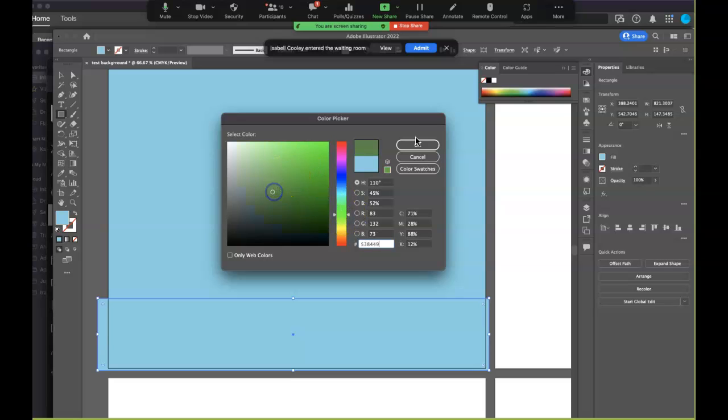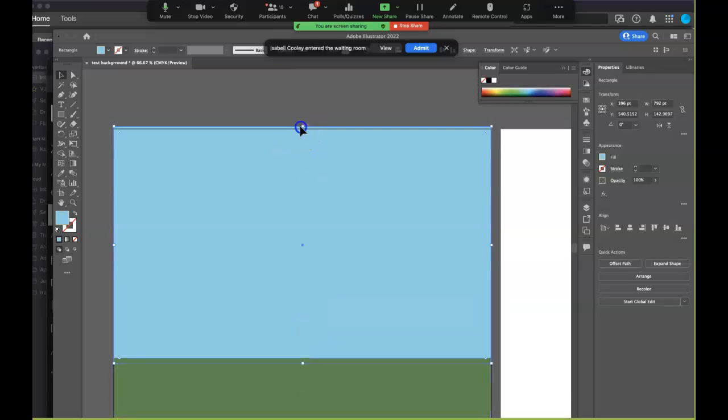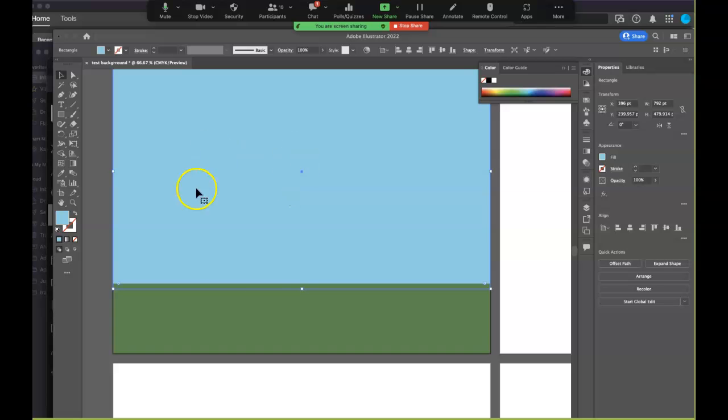So let's make some grass. Super simple. I'm going to grab my selection tool, and I'm just going to resize all this so it fits into my shape. There it is. Beautiful. And then I might want to give this some sort of elements, like it looks like Elizabeth is here. Instead of just being flat, I might give it some